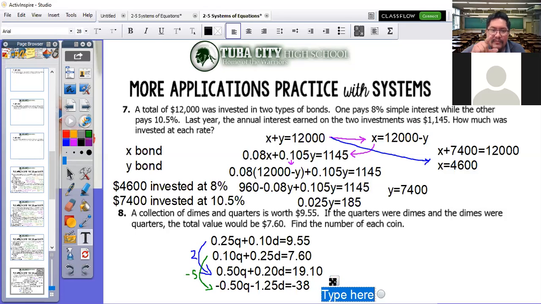Okay, so let's go ahead and do this one. Now this one should cancel, so I can move on to this one here. So this is 0.2 minus 1.25, and that would be 1.05. And that would also be a negative because I'm subtracting the larger number as the negative. And that would also mean that this side would be negative. Now again, you cannot have a negative number of coins. So